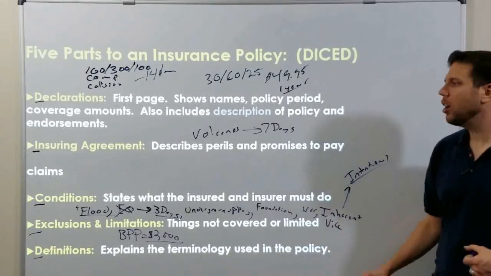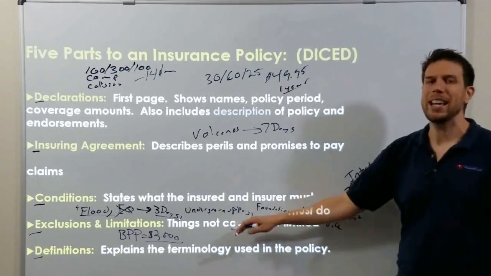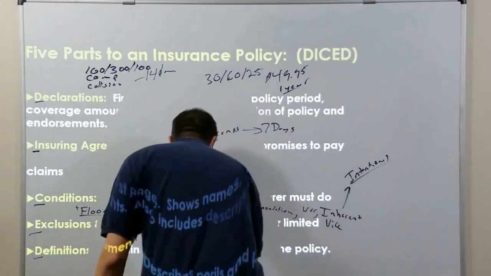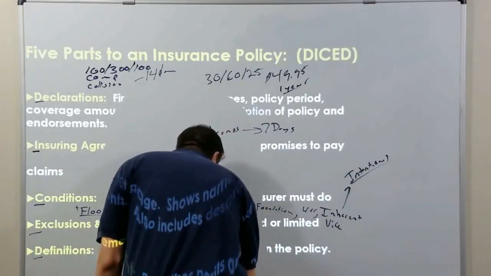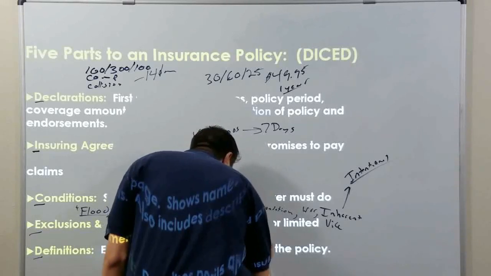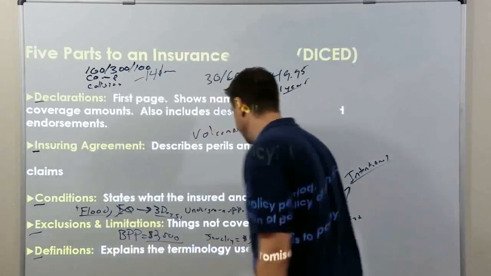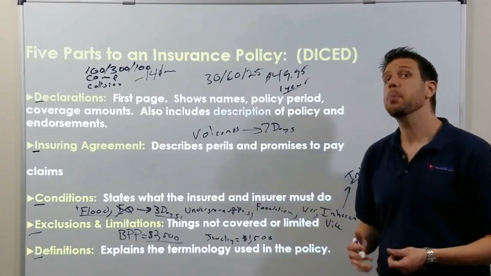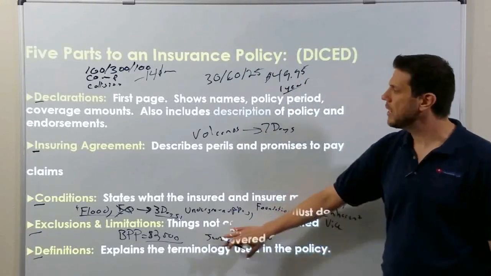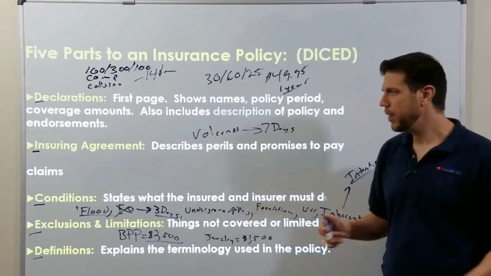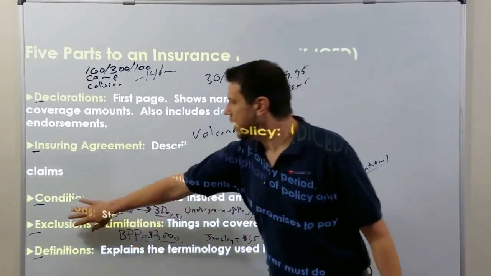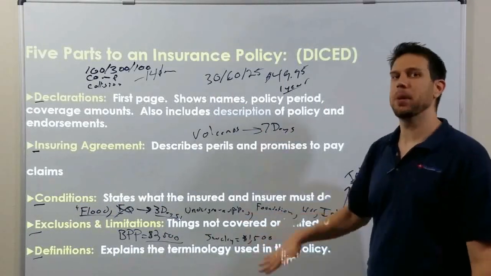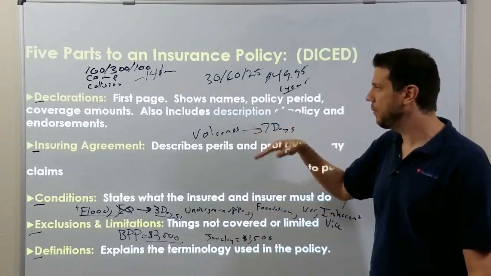Homeowners insurance will also cover jewelry and furs, like a fur coat, up to $1,500 if they're stolen. If it burns down in a fire, you can get the full value. But if it's stolen, it has a limitation of up to $1,500. Exclusions are things not covered. Limitations are things that are covered, but up to a limit in the policy.